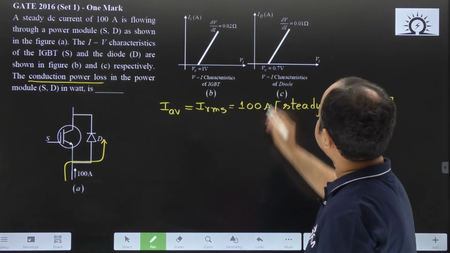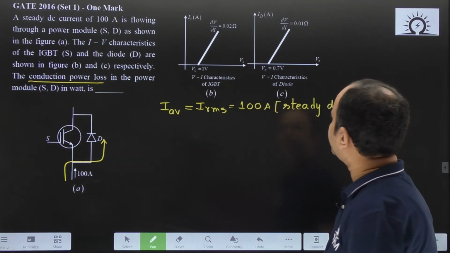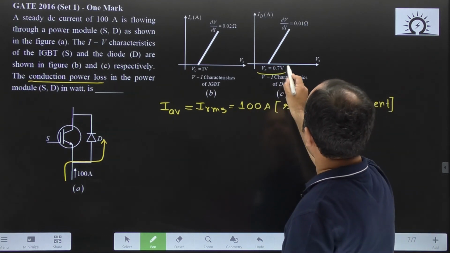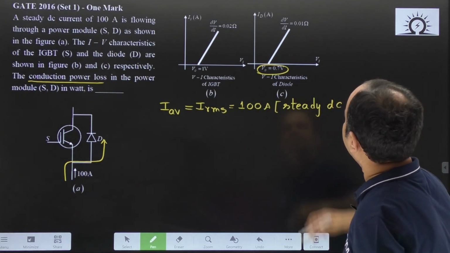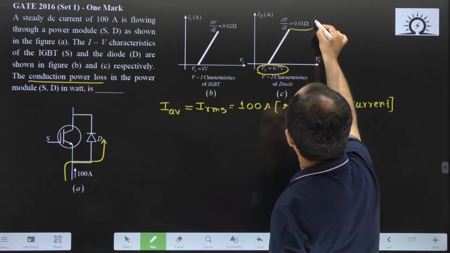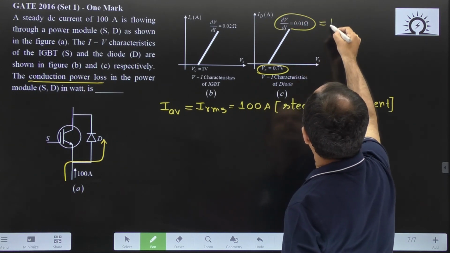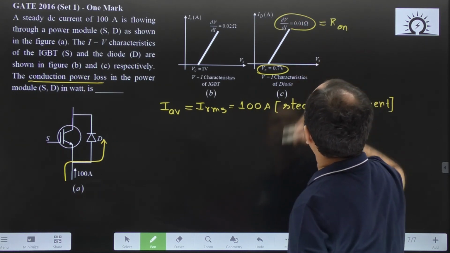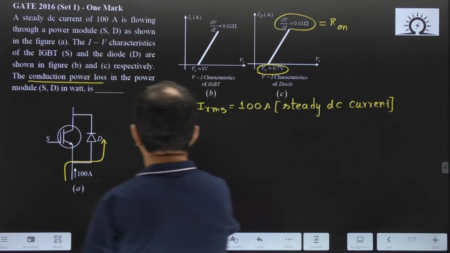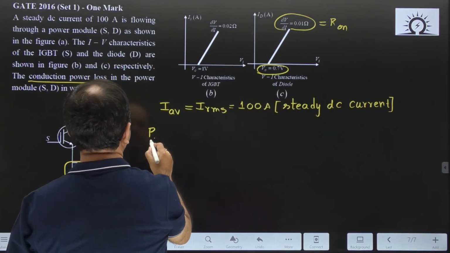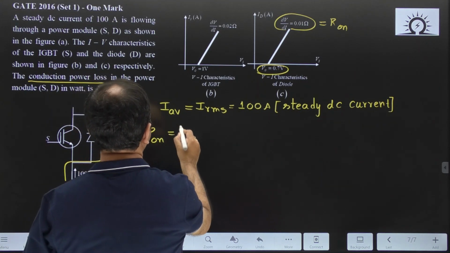Now, from this characteristic there are 2 important points. One is the voltage drop across the device, that is 0.7 volt, and the other parameter you can say is the on resistance of the diode. Therefore, the conduction loss in the module you can express it as